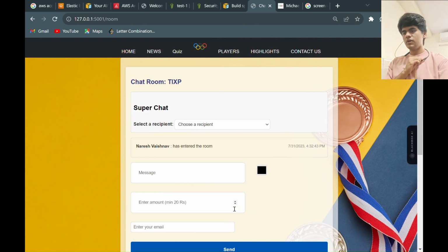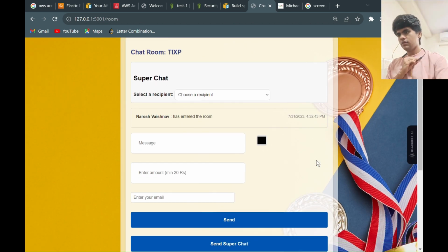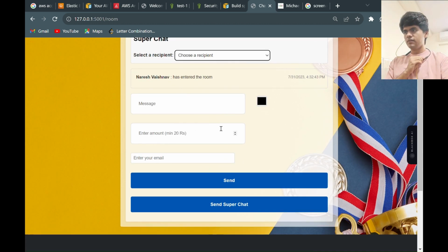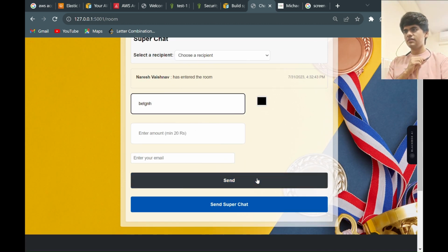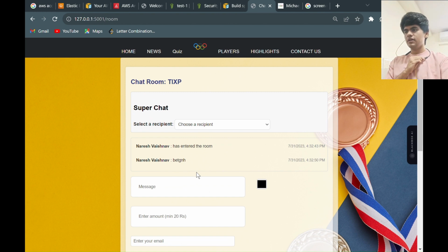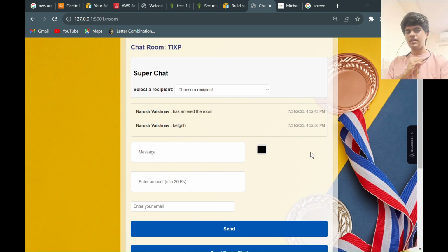If you don't have a room, we can also create a room. When you click on create a room, a message box appears, so we can chat with all the other users that are there. This is the feature that we added to make the website more interactive and more fun for users.